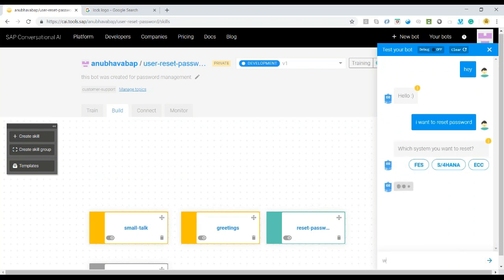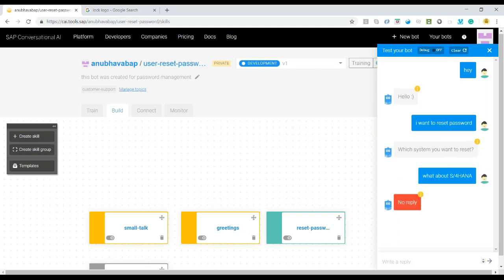And it says which system, what about S4HANA? And oops, once again it's failing. So let's go ahead and check what's wrong now. Or maybe before that, I want to once again reset